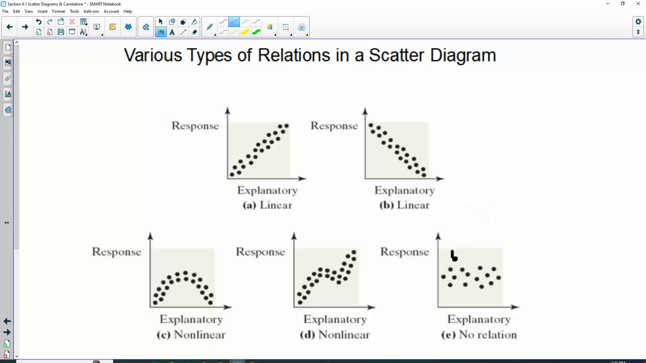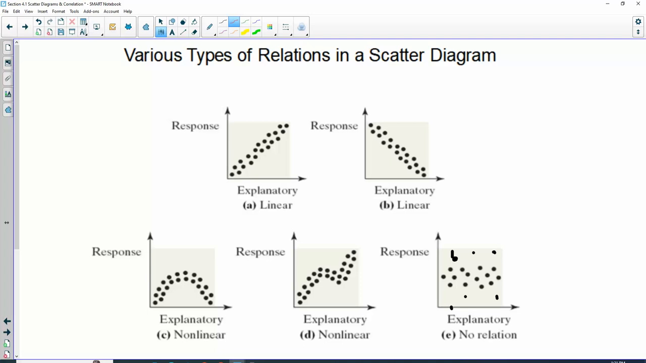But sometimes you just have a random assortment of points and there may be no relationship. So we don't have to have a pattern. Sometimes we do, sometimes we don't. We are focusing on those linear relationships right now, but just know if it's not a linear relationship, that doesn't mean there's no relationship at all. All right, so